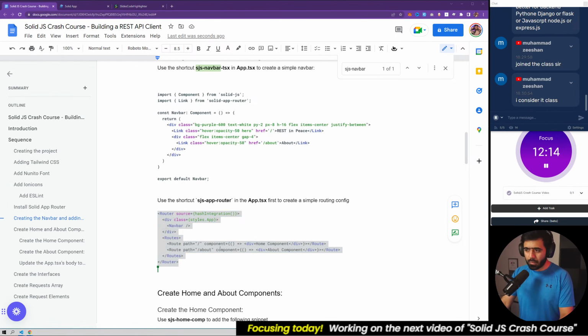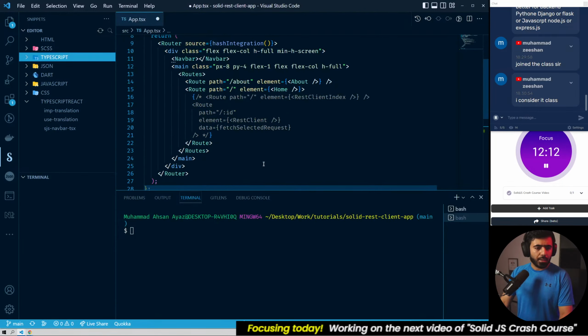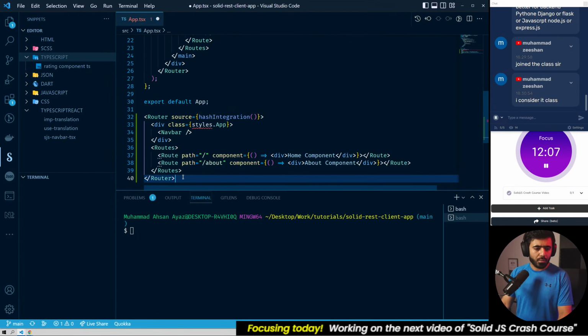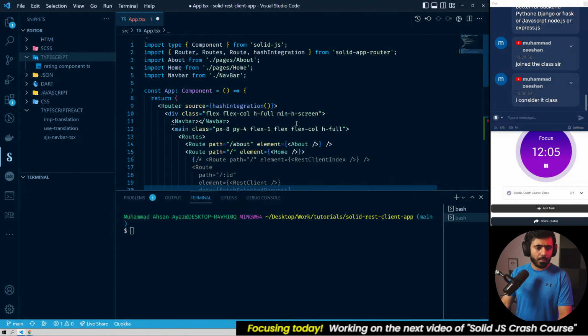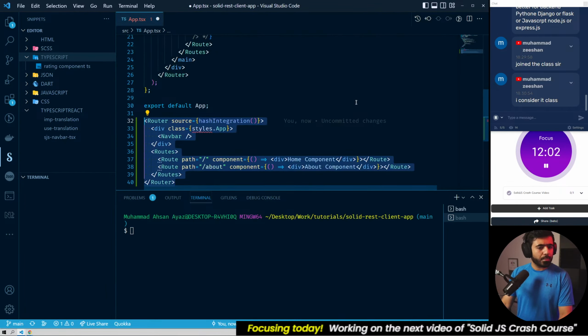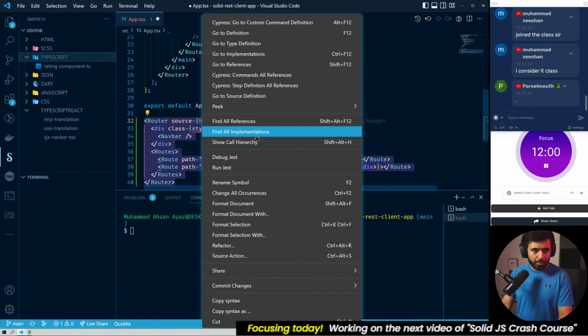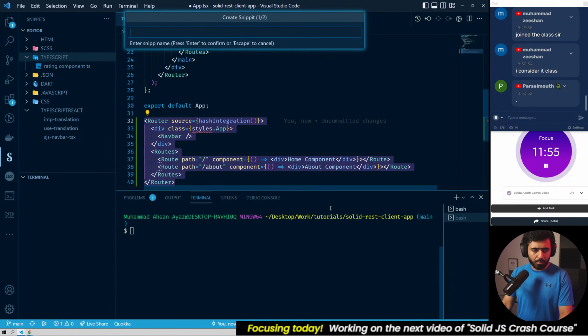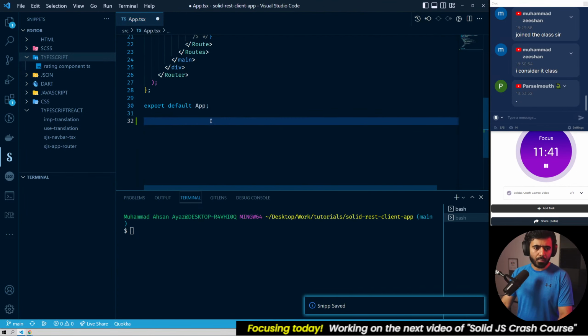So this is going to be SJS app router. Create the snippet. Okay,